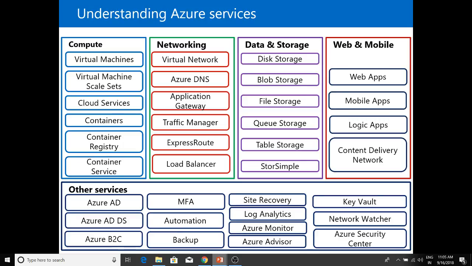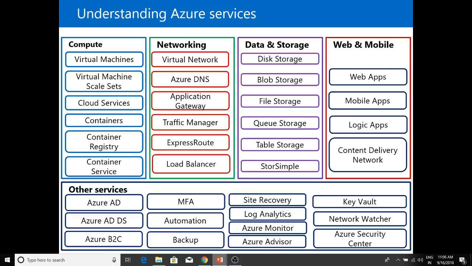In networking we have virtual network, Azure DNS, traffic manager, express route, and we are going to study about each one of them, right? Not all of them actually, but majority of them, 90% of them we are going to study. So just have a quick look at what are the terminologies. It might not make any sense to you because let's say if you are looking at traffic manager, you might be wondering what is a traffic manager, right? So don't worry about that. I'll let you know later on what are these. Just have a quick look at all of these services. Make sure you are familiar with their names because you are going to use these names a lot in the